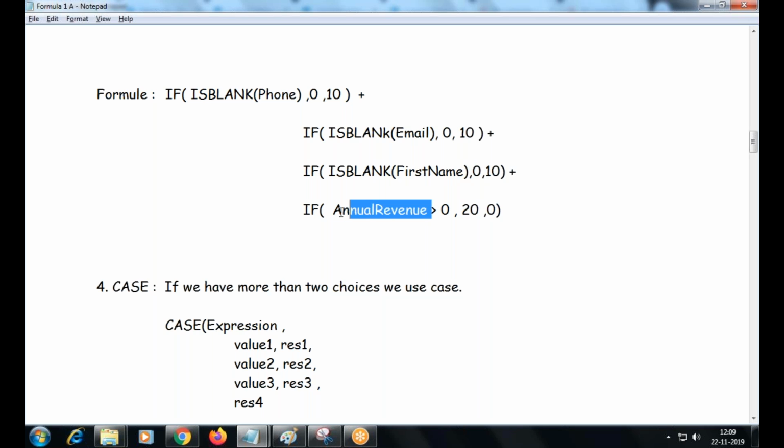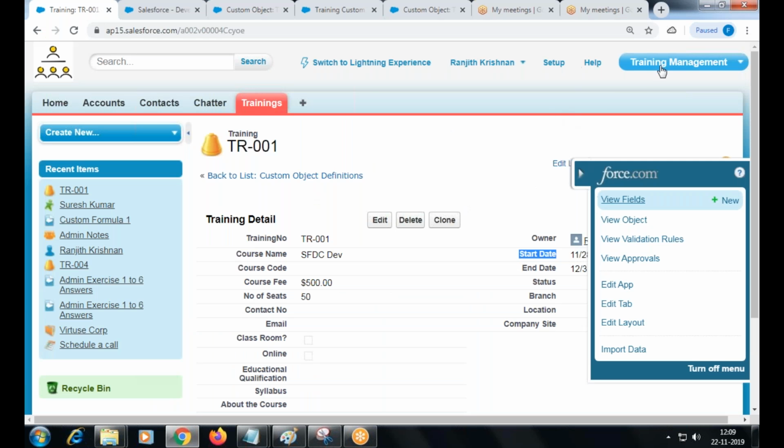Okay, it's a currency field that works for number. Is blank works for number and text. So for a currency field you go with greater than 0. Got me? Right? So what object are you looking for? Which object are we talking about? Lead score.